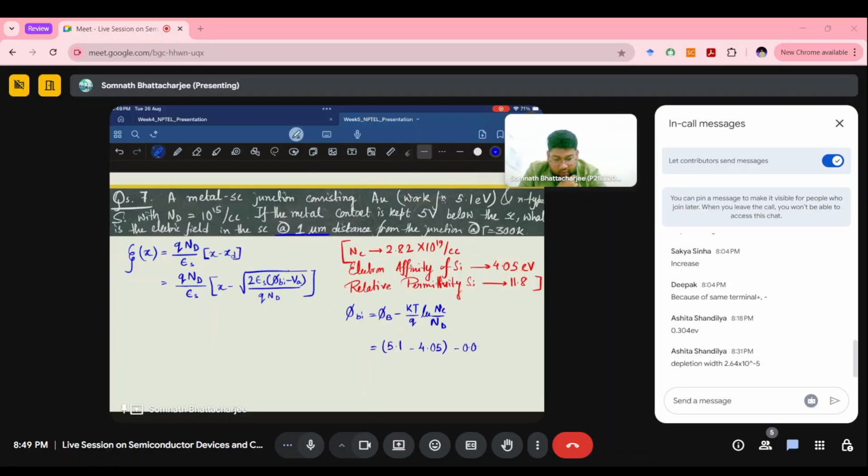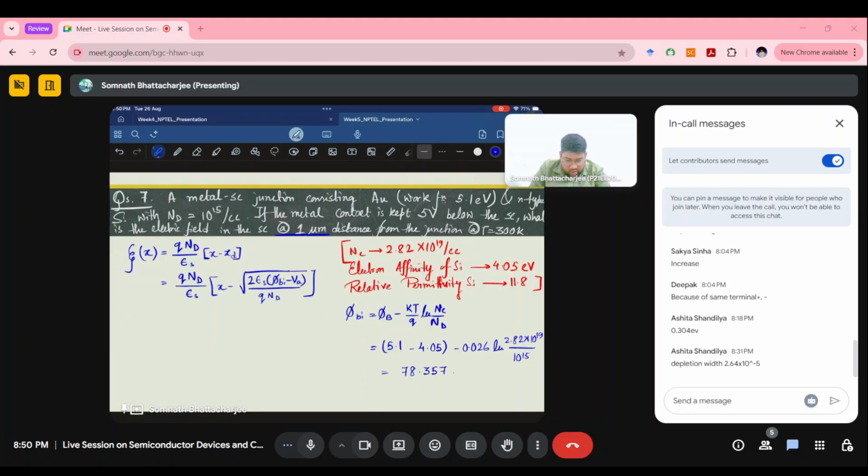From that, we have the value of this with ln of 2.82 times 10 to the power of 19 divided by 10 to the power of 15, and we get about 10 multiplied by 0.026, with minus 5.1 and plus 4.05. So the value is nearly